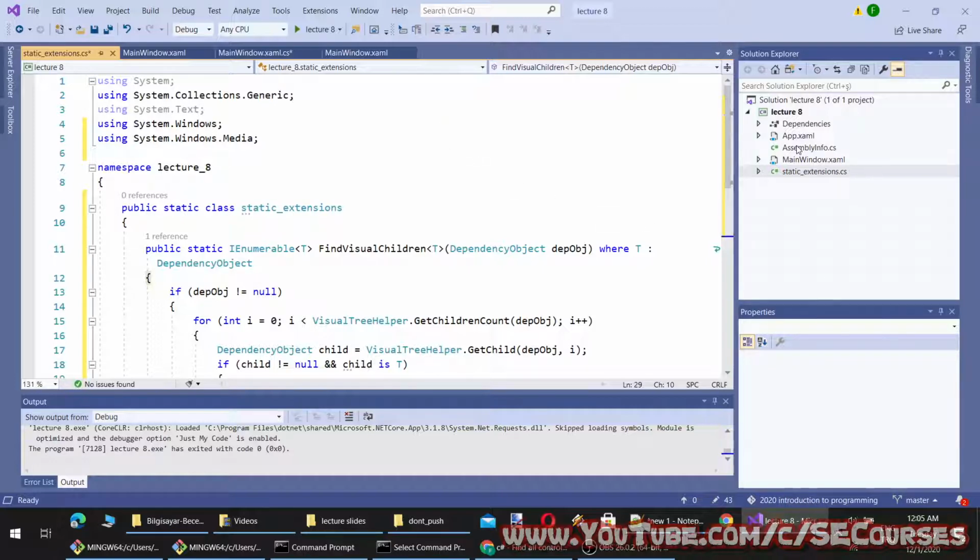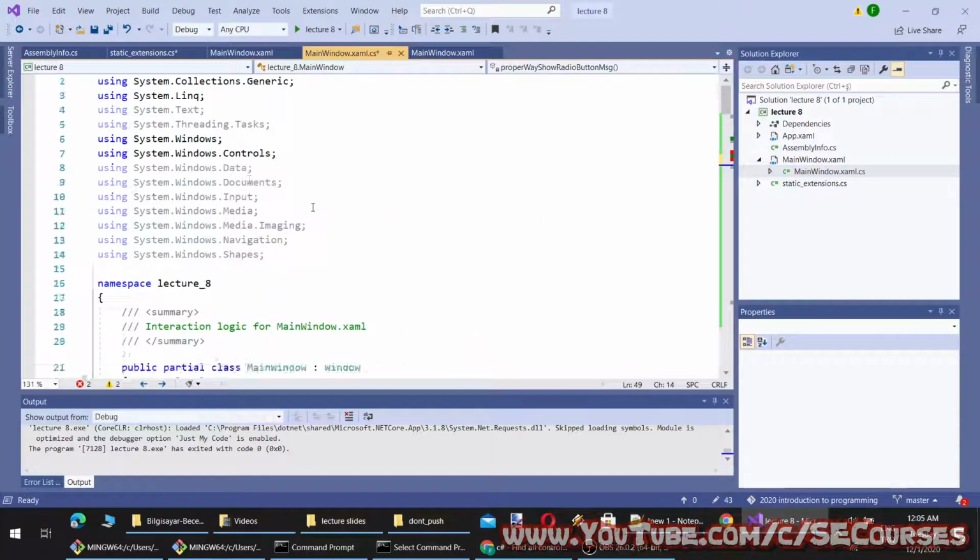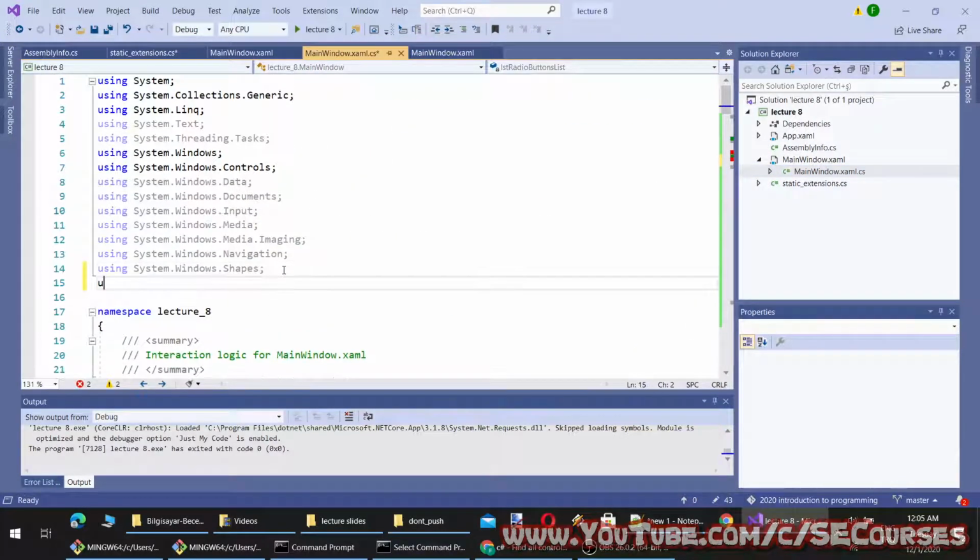Okay, to be able to use this, I'm going to add using static lecture 8 extensions.